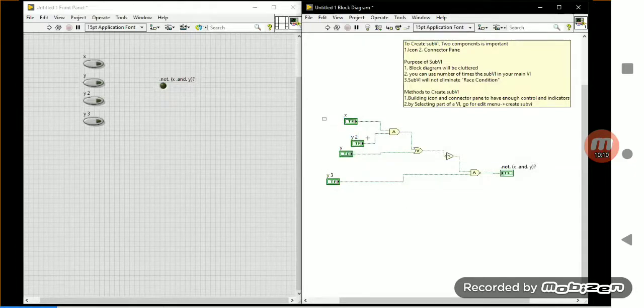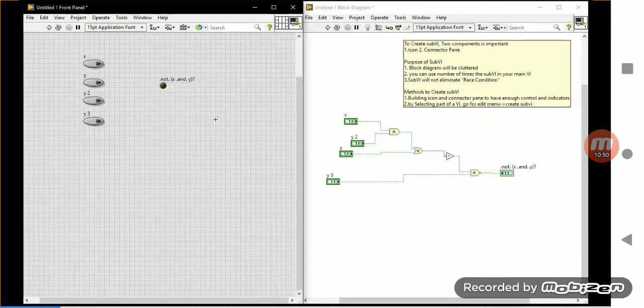Now see here, how many controls are available? I am going to create a sub-VI using the icon and connector pane. First look at how many controls and indicators are available, and only then go for building the icon and connector pane. Here I have 4 controls. First check whether you require 4 controls or not. If you require 4, just go for 4. Or else, if you want only 2 or 3 controls, it depends. I want 4 controls here. To choose the controls on the connector pane, go to the front panel.